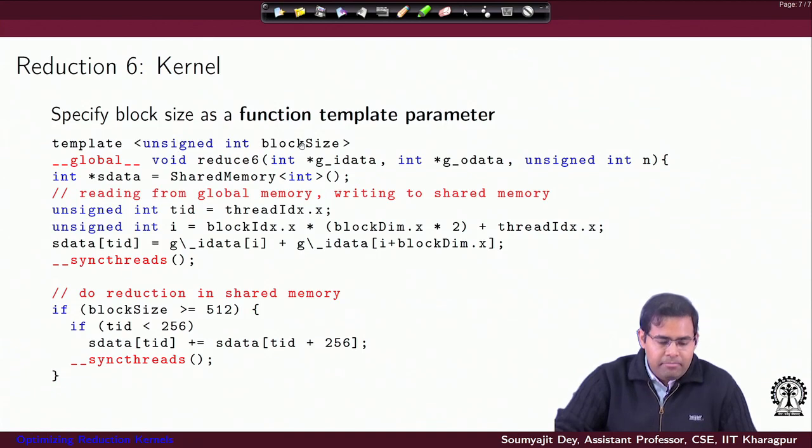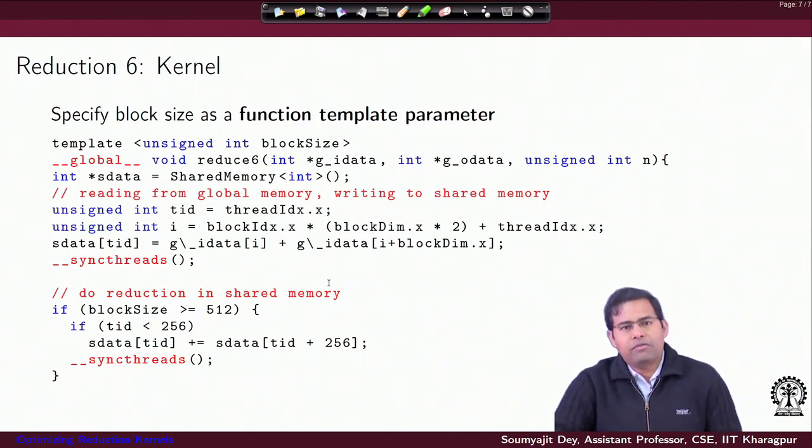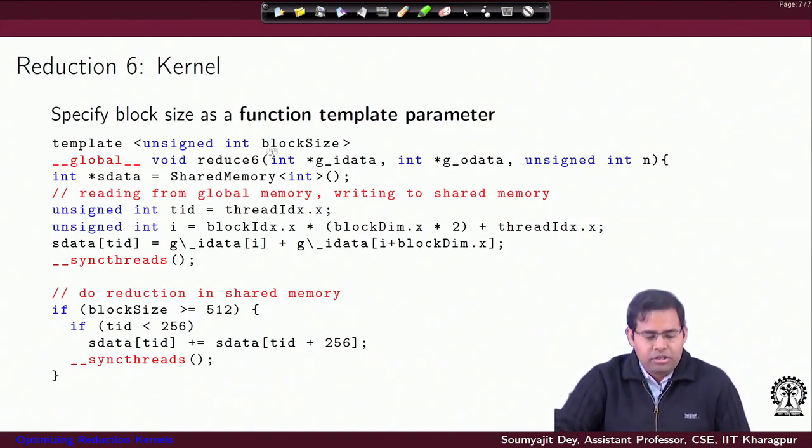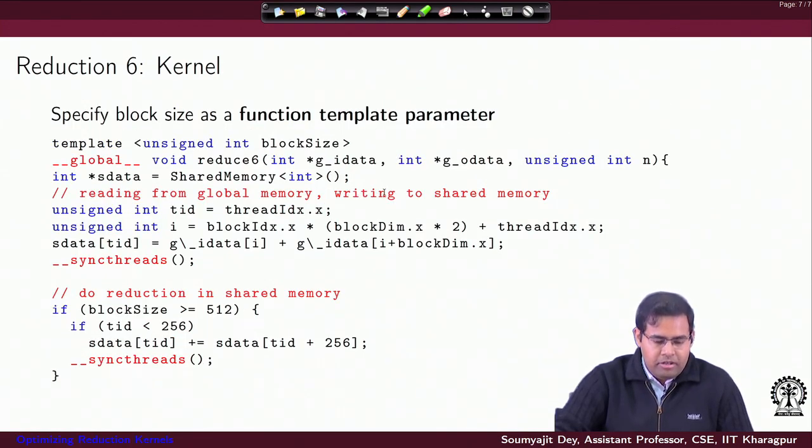If I have a template declaration here with parameterized block size followed by the usual reduce kernel, the system will make multiple implementations of this function for different possible block sizes. Actually, I am adding more dynamism here, right? So essentially, if I decide that the block size is limited to 512 or 1024 threads, then since I am creating a function template here, I will now do the reduction entirely through a sequence of if else blocks, completely removing the loop.